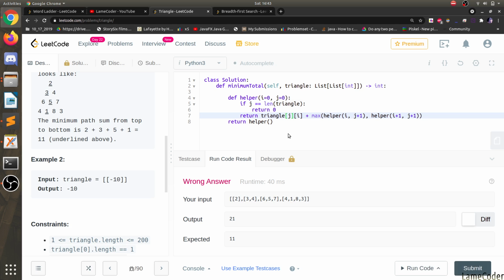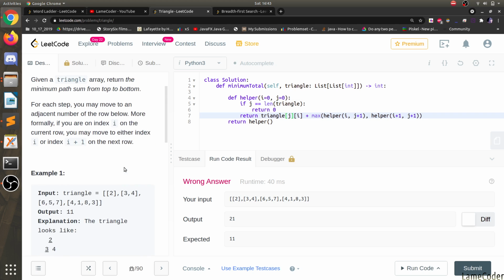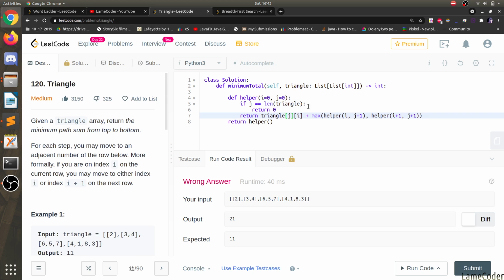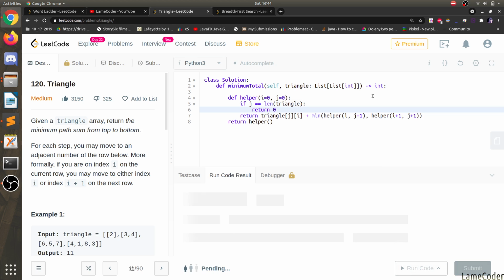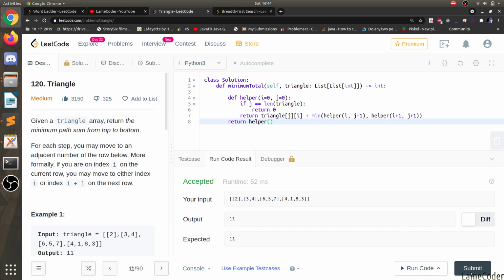It's 21 and expected is 11. So I have to return min, not max. That's why it's making us first. Okay, so return min. Everyone hits 0, so it won't be a problem.